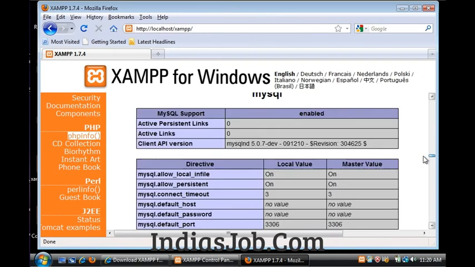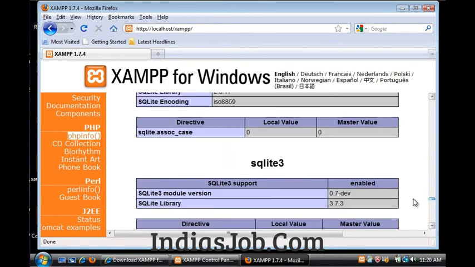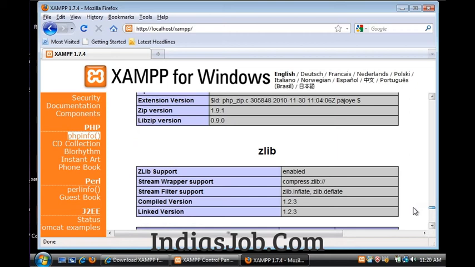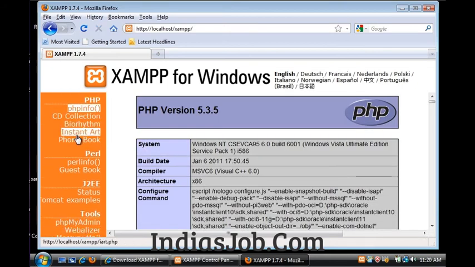This XAMPP has most of the good stuff that we need, and so that's really good. Part of the reason we're using XAMPP is so that all this stuff is already there. And so PHP info is a good thing. Probably